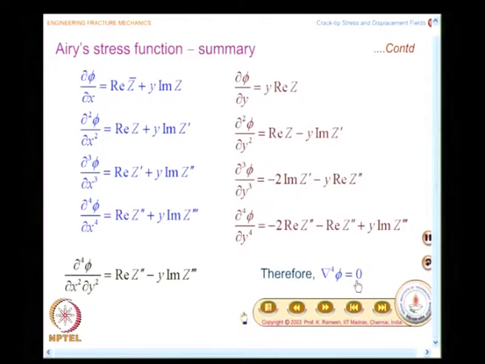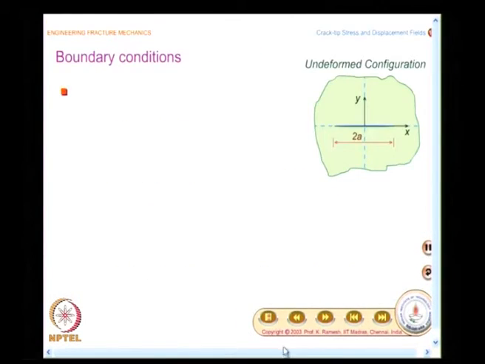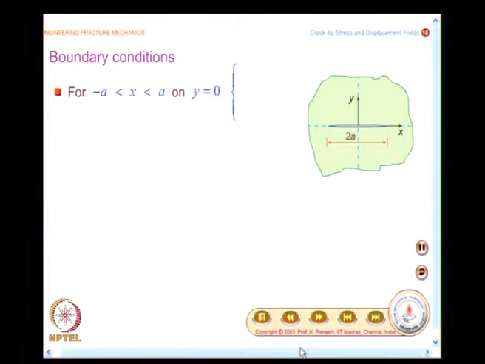At this stage, let us look at it this way. We will also look at the boundary condition. Then we will compare the solution we obtain from the stress field with that of the experiments. Then we will investigate what kind of corrections we need to make. At that stage, we will come back and raise a very fundamental question, whether the stress function we have selected is indeed comprehensive or not. So, we will keep that question in abeyance for the time being.